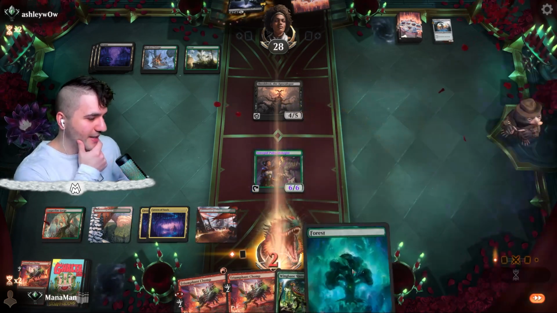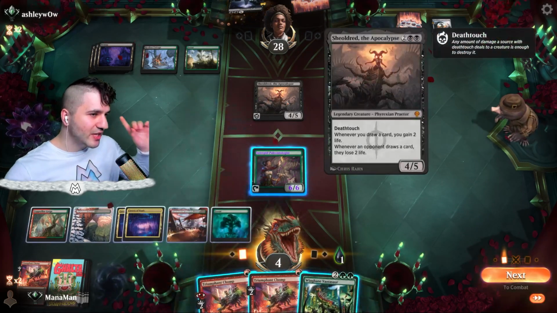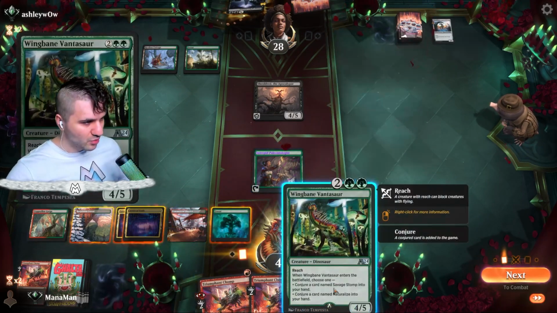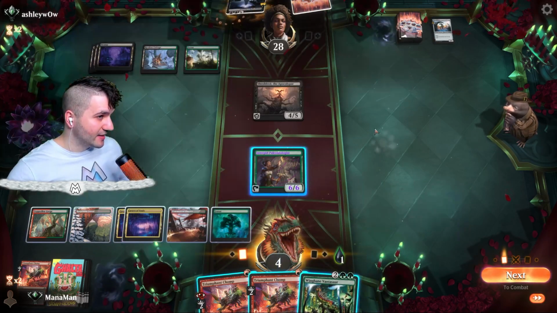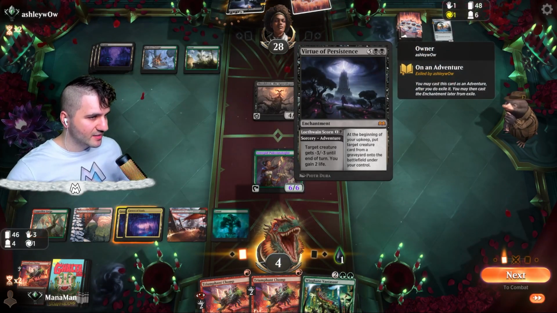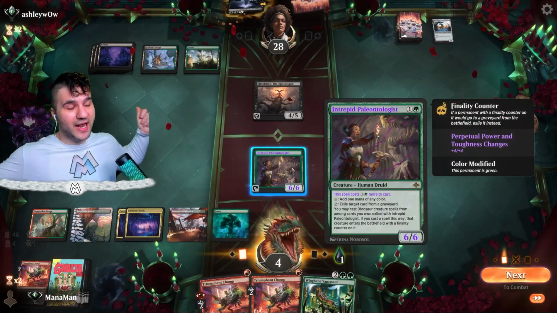So at a certain point, you know what? If we just go for double Chomps. Okay, so the Shelly has to die, and we have to keep the Vantasaur for Naturalize because of the Virtue of Persistence. So we can't have this thing come out, but I think also the Paleontologist can exile, so...